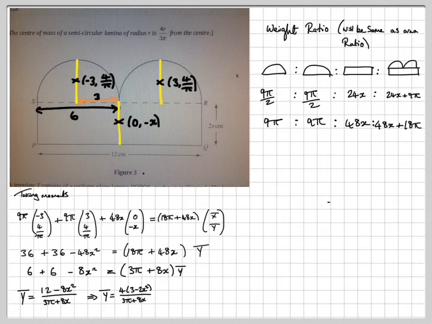Now if you look at it, 4 is always positive, so there's no point putting the modulus sign around the 4, and likewise the denominator is always going to be positive. In this case x has to be a positive value, so there's no point putting the modulus sign there. So in fact, I could have put a modulus sign around the whole thing and then just simplified it down, but with a bit of thought I can see that I could write it down like this,